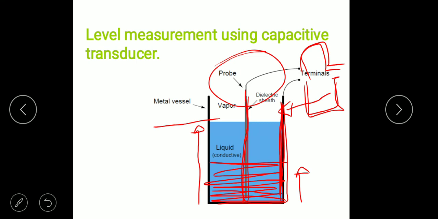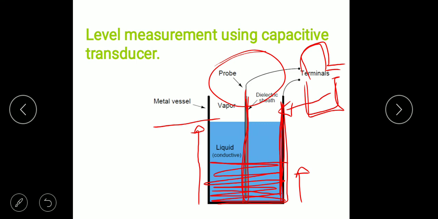If you still have any doubts about the capacitive transducer for level measurement, you can send a message. One point remains, the application of the device. Generally this device is used to measure the level of liquids, also of corrosive materials, and for gas and oil we can use this type of device. The advantage of the device is that it is inexpensive, its cost is low, and the installation is so easy.